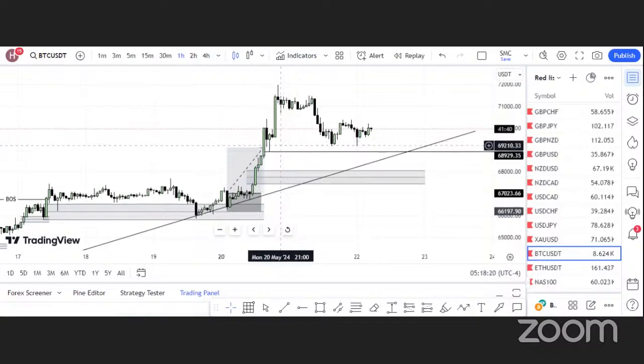So we have a retest here. We have a retest, a valid retest, where the market rejected from a fair value gap, right? So this is a good rejection, and afterwards